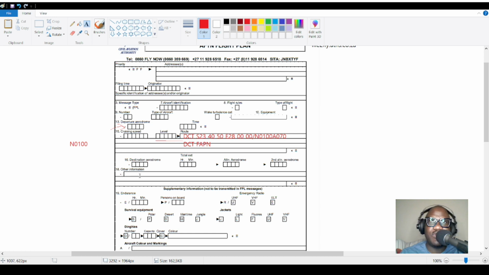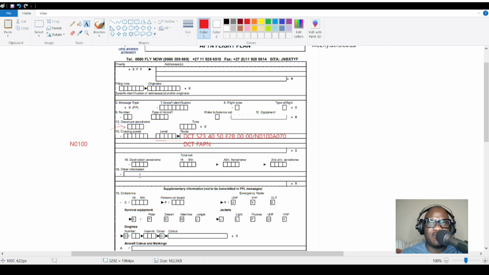And then for search and rescue, if you are not departing from a controlled airport and returning back to a controlled airport, or going to a controlled airport, then obviously your search and rescue is going to be normal in that instance. But if you're not returning to any one of those airports, then you could request to cancel your search and rescue with FAOR, which is OR Tambo Airport. So you can say, I'll cancel with FAOR plus 1 hour my estimated arrival time to my destination, or I will cancel with any particular nearby